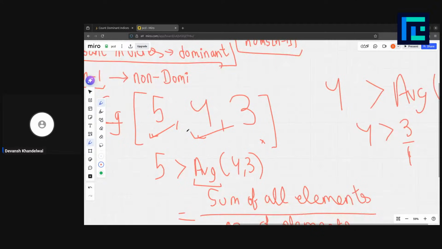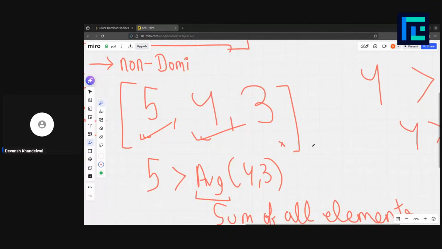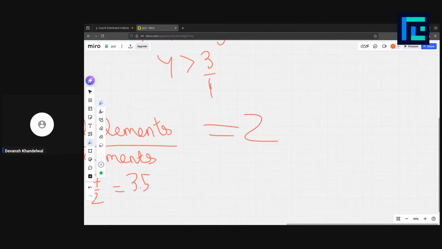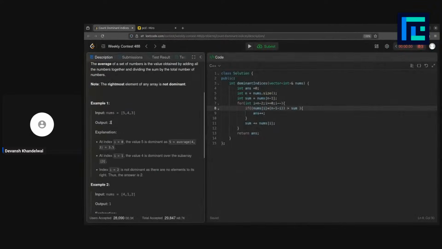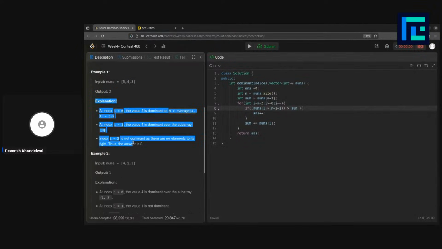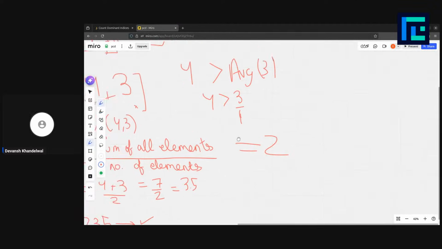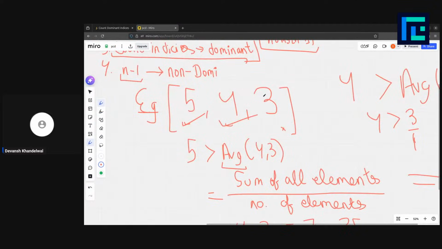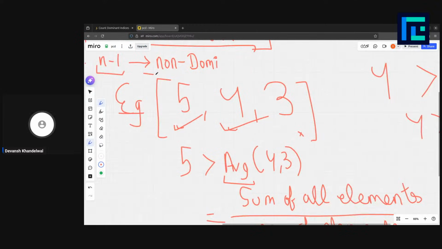So now how many indices we have which are dominant? These are 2, right? So the answer here would be 2. Let's check. Okay, yeah, 2. There's also an explanation here, right? So it's a pretty straightforward question. We have to basically brute force check each indice. Let's say we are iterating from the start. For each indice, we got the left part, which is the element itself, and for the right part, we have to calculate the